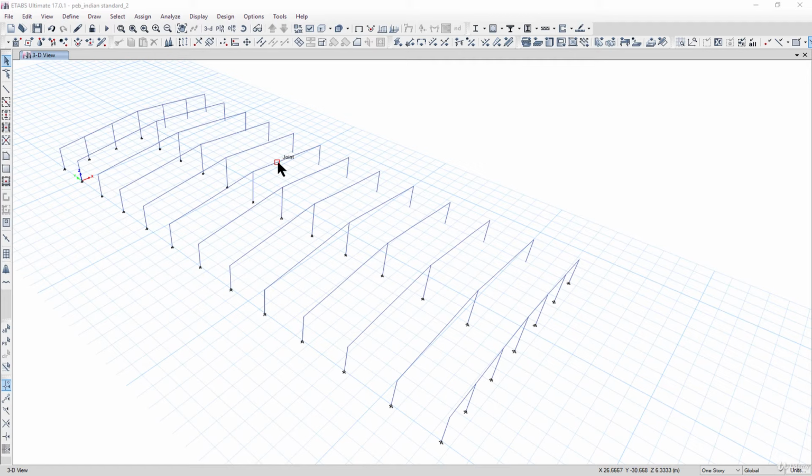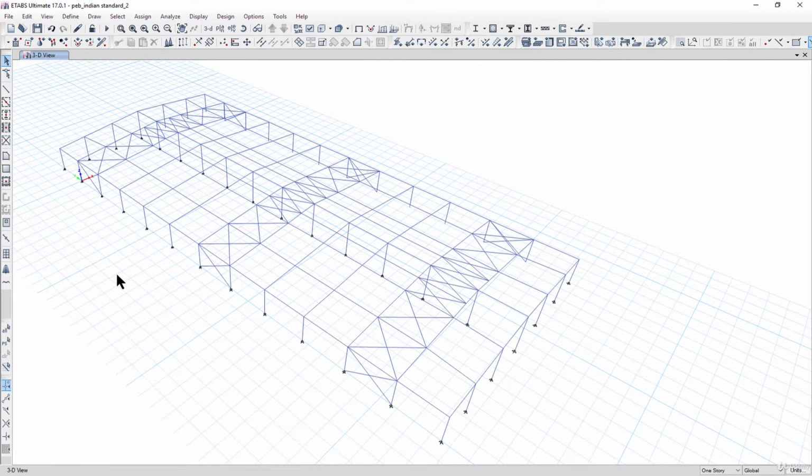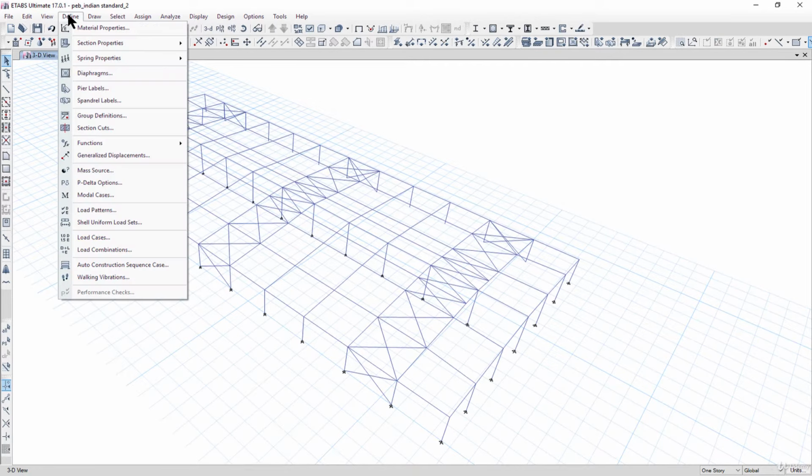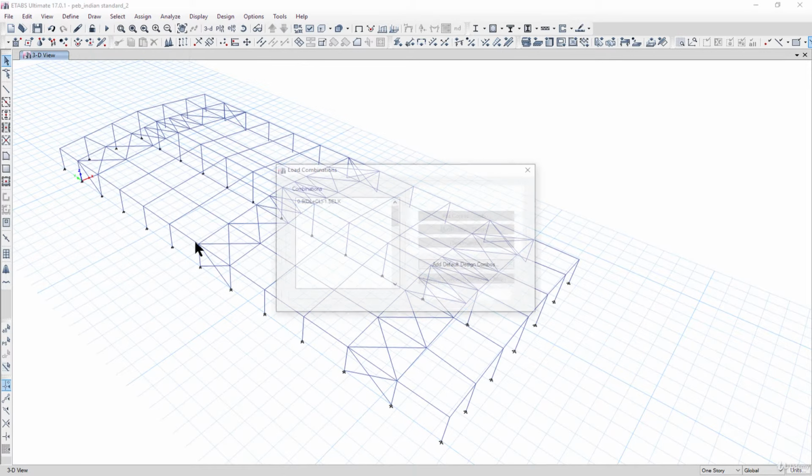More about the load patterns, load cases and load combinations. To view the whole object, we can go to View, Show All Objects. So what basically I'm trying to teach you here is that in defining load combinations, when we